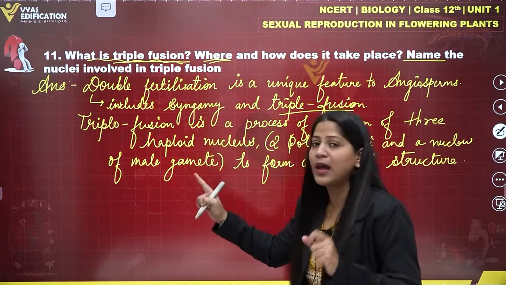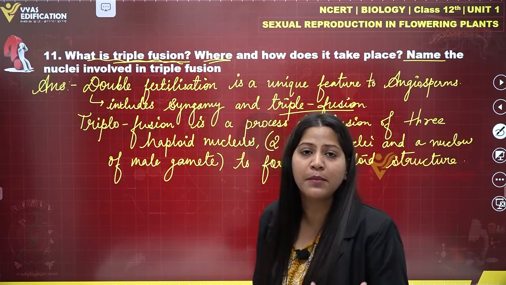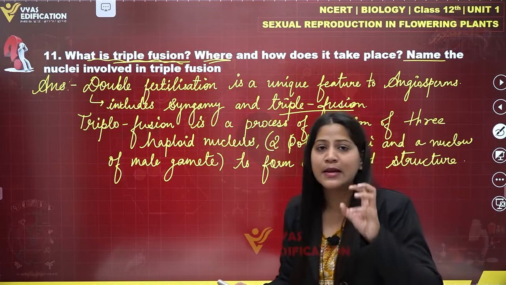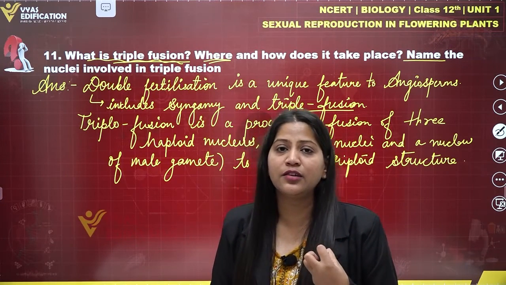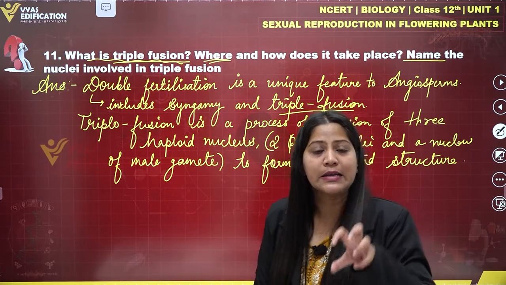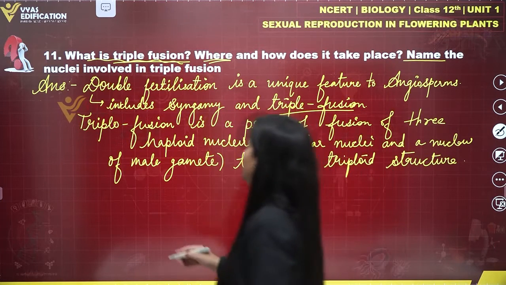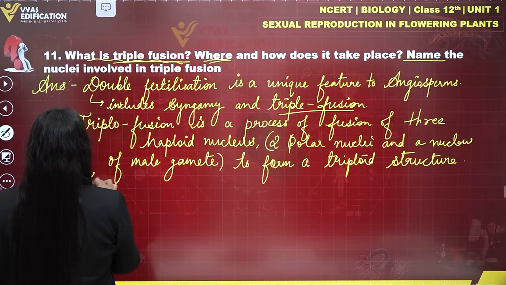This triple fusion as well as syngamy, or I may call it double fertilization, as it includes both types of events, syngamy and triple fusion, occur inside the female gametophyte, that is, the embryo sac. So the answer to the second part of this question is